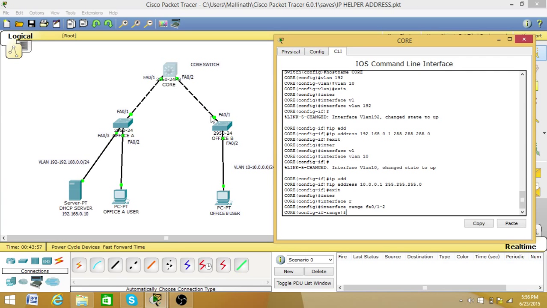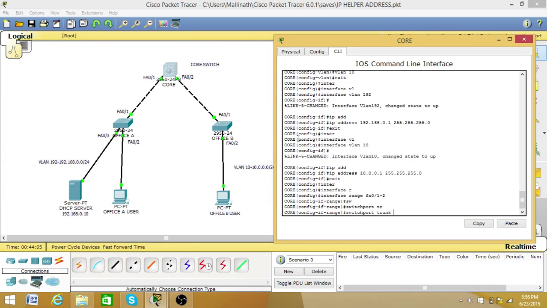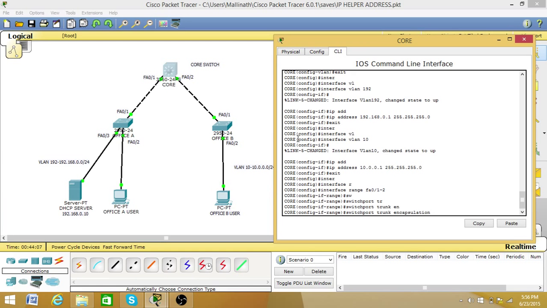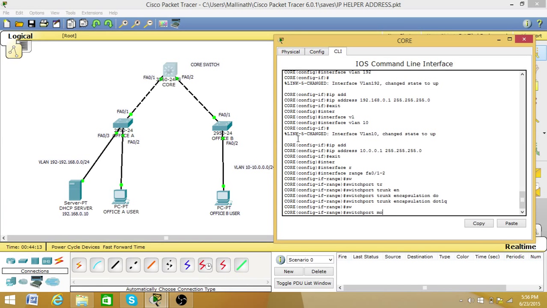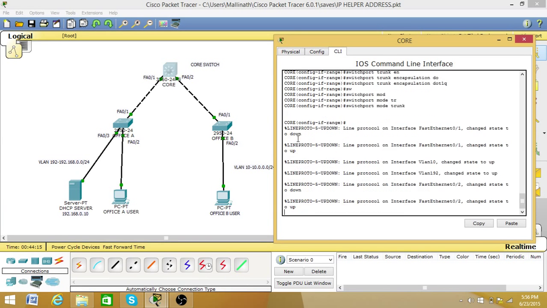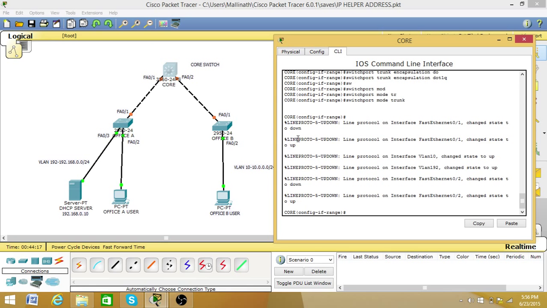Okay, let's start. Switchport trunk encapsulation dot1q, switchport mode trunk. Okay, it's up,